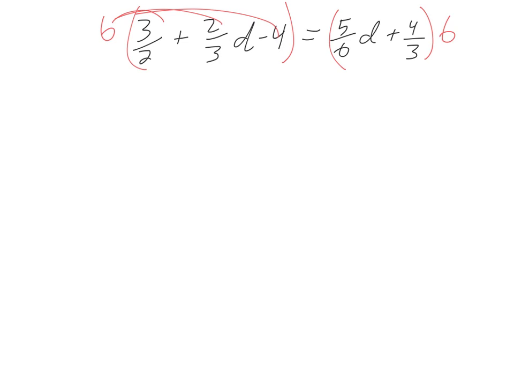6 times 3 halves. Well, 6 times 3 is 18, divided by 2 is 9. So it's 9 plus 6 times 2 thirds. Well, 6 times 2 is 12, divided by 3 is 4. So 4d minus 6 times 4 is 24, equals 6 times 5/6. The 6's cancel. That's 5d